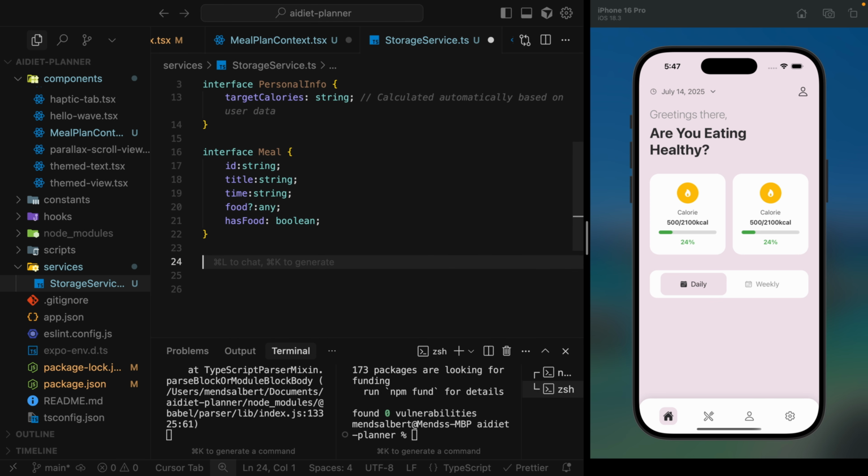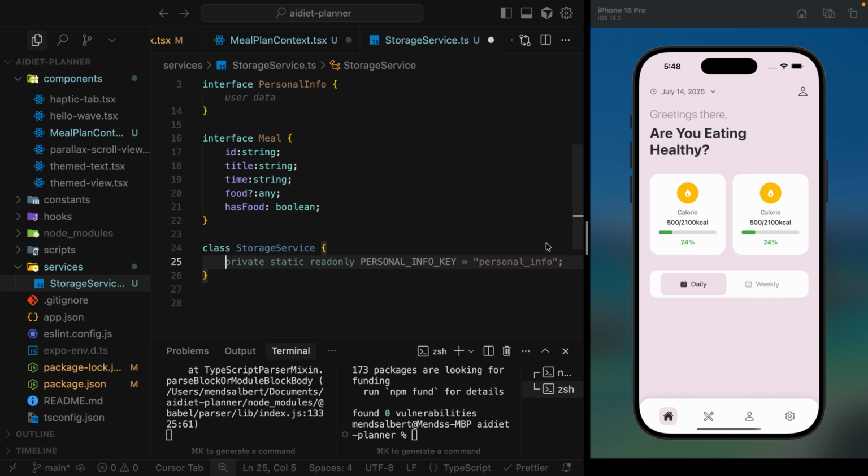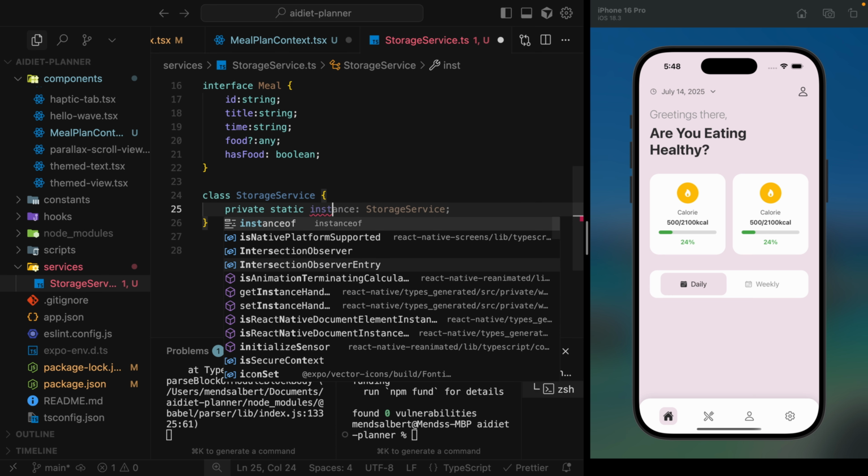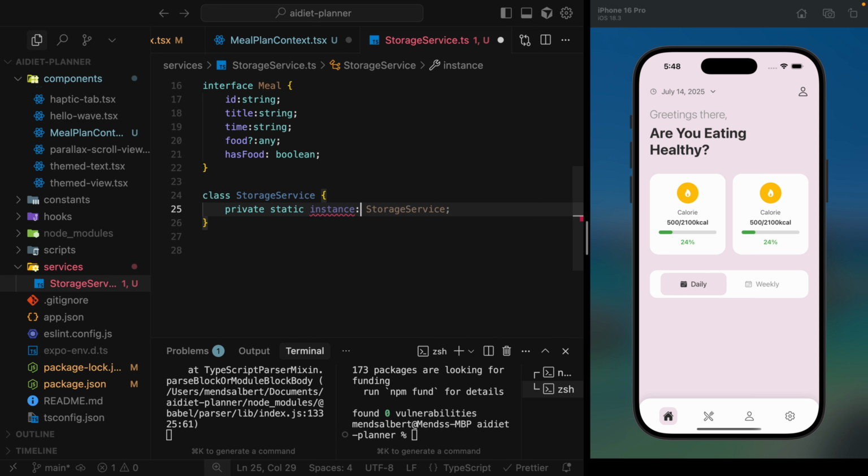Now, we define our storage service class. We type class StorageService {. Since we are enforcing the singleton pattern, we need a private static property to hold the single instance of our class. We type private static instance: StorageService;